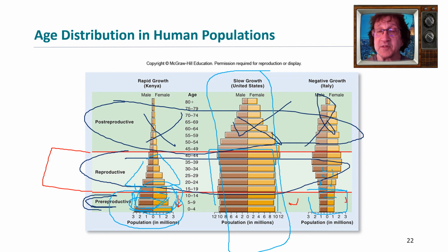So if your bottom is smaller, this is a declining population, and not from animals or plants or humans leaving, but of just not reproducing. And this is funny because this is typical of Italy. This is actually real data from Italy and Japan. We're seeing this in other countries now.